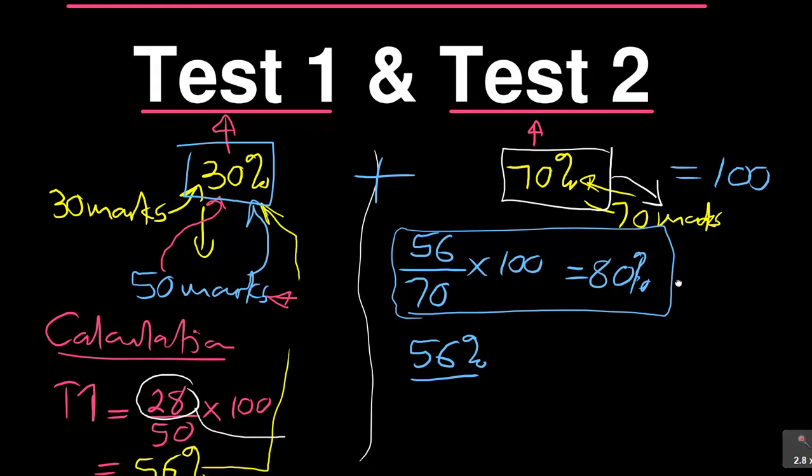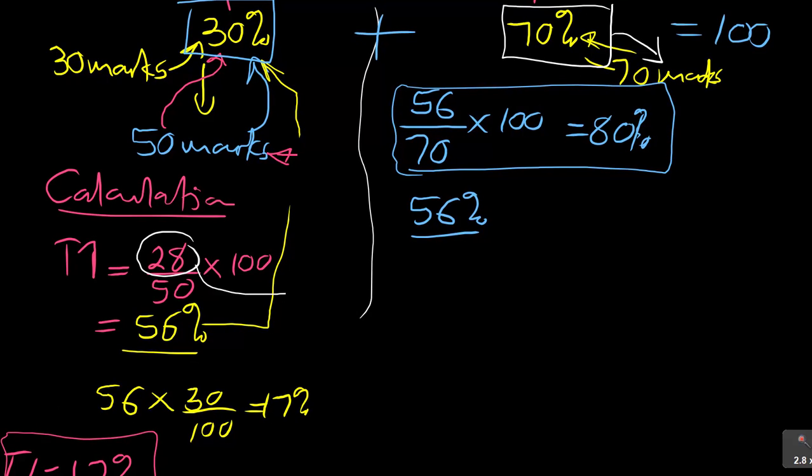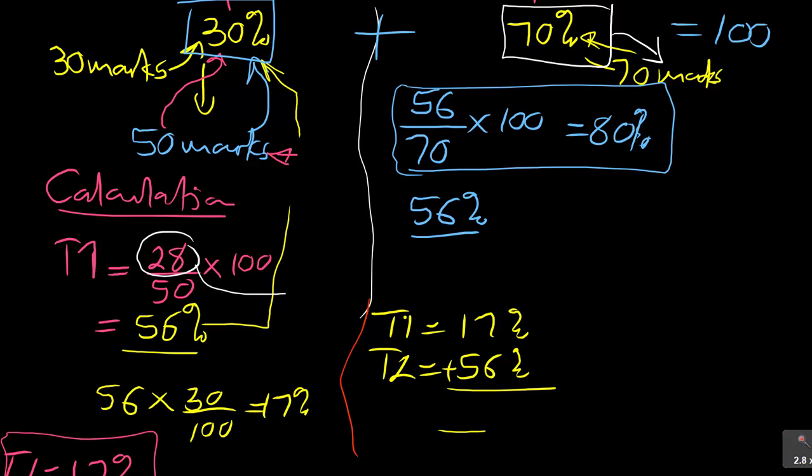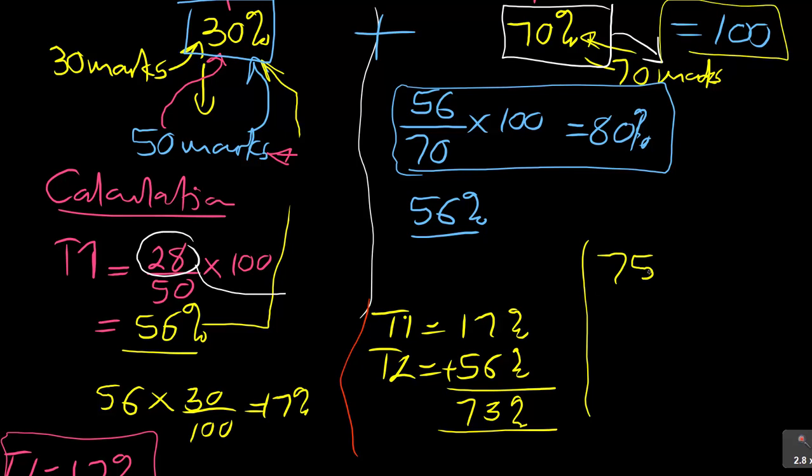If you add these, you can see that 30 plus 70 is out of 100. So what they will do, they will take your test 1, which was 17%, and test 2 is 56%. When we add that, it must give us the total, which is 7 plus 6 is 13, 5 plus 1 is 6 plus 1 is 7. So which means you got 73% out of 100 in your ICASS. Remember, the total is out of 100, so you got 73